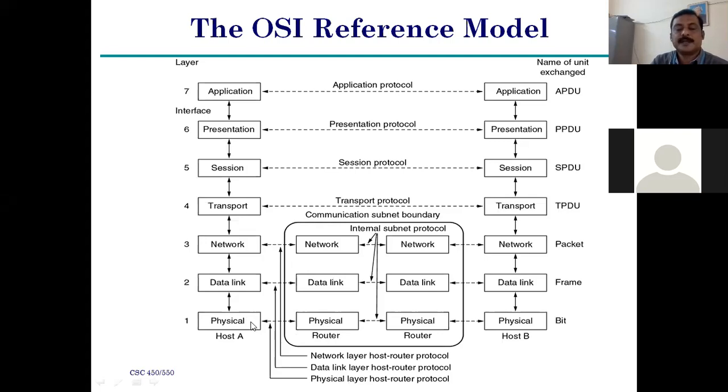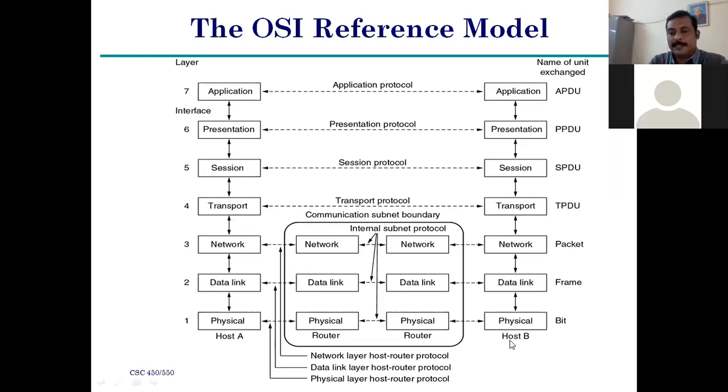For this transmission purpose, one of the important examples is the RS-232C protocol, right? That is one of the examples for the physical layer. Clearly, the physical layer is used for the purpose of transmitting the bits. That is why we assign the bit unit to the physical layer.